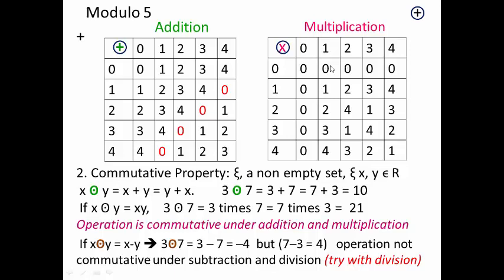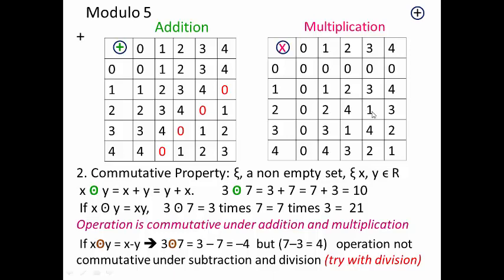Now, if I operate this, 2 times 3, you can see 2 times 3 is 6. I won't write 6 because I'm treating modulo 5, so I'm going to write the remainder. The remainder here is what? 1. So now look at all my entries here. Look at all the cells here. You observe that there is no digit here that is outside of the set of modulo 5: 0, 1, 2, 3, 4. So since there is no entry here that's outside of this set, we therefore say that the operation is said to be what? Is said to be